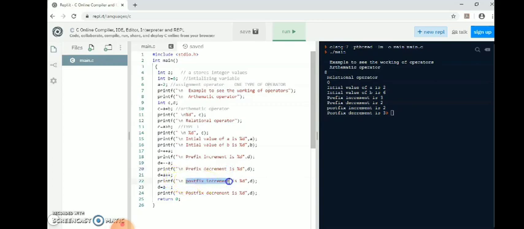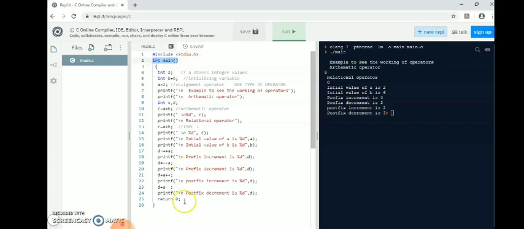Then postfix increment. The earlier value of A is 2, and with postfix it remains 2. Now postfix decrement, A minus minus.